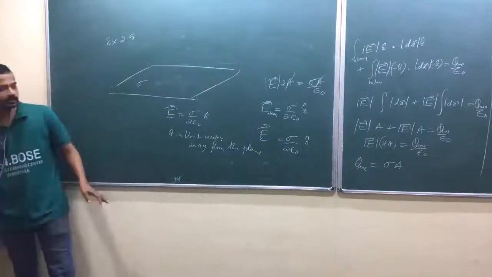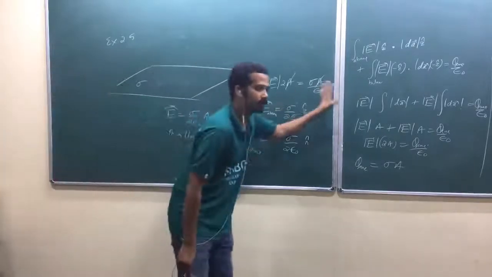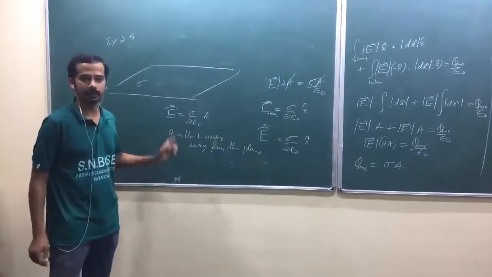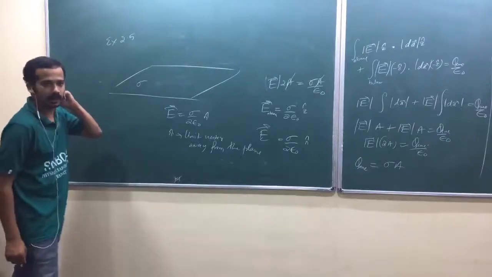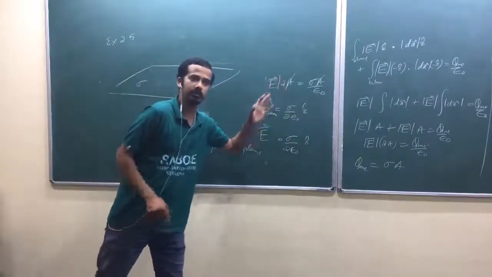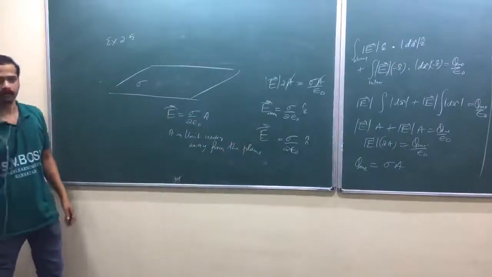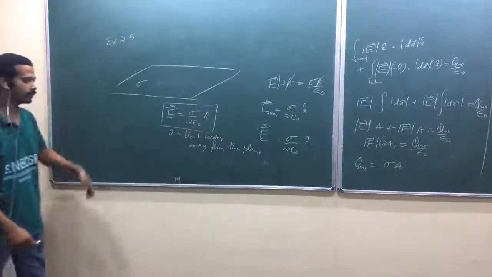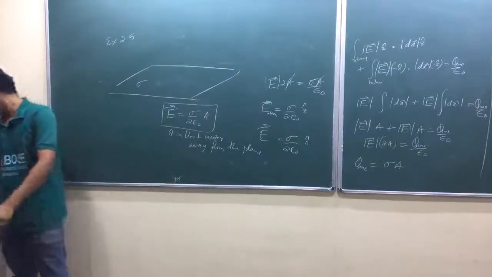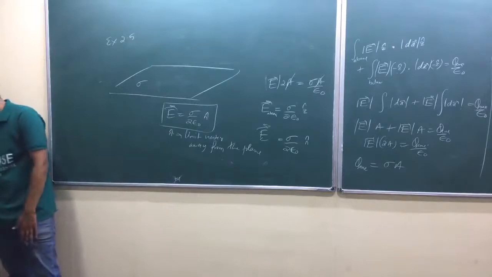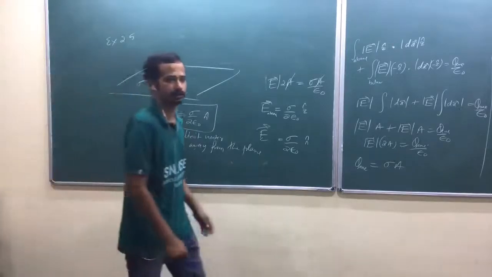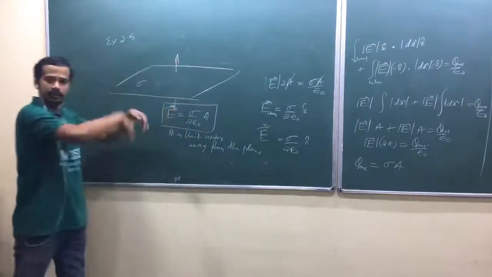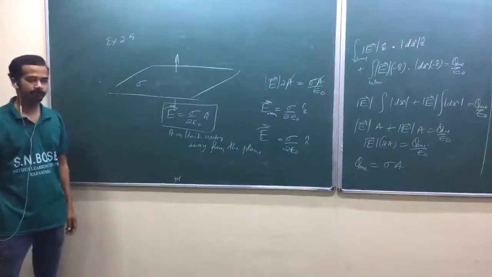It doesn't matter. You should not be that sensitive with those symbols or situations. You should be able to apply the same situation anywhere. Are you getting my idea? Here I have taken z cap, but you should not always remember z cap. In the book he has given it like that: electric field is equal to sigma by 2 epsilon naught n cap, where n cap is a unit vector pointing away from the surface, away from the plane. That's the best idea, am I right? So above, the electric field will be in this direction. Below, it will be in this direction. You have to generalize that unit vector.